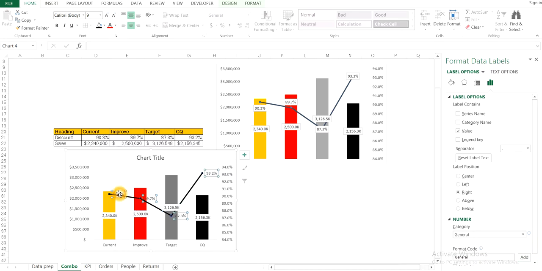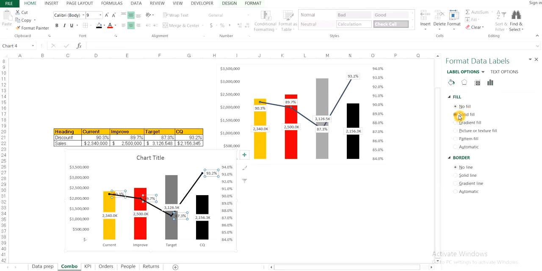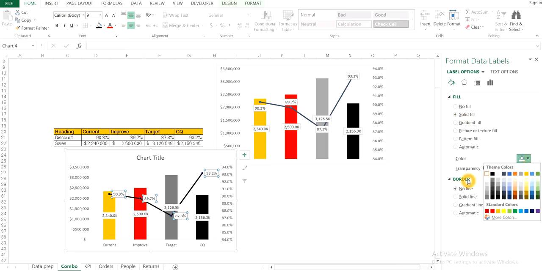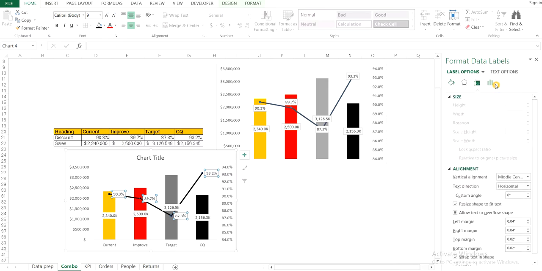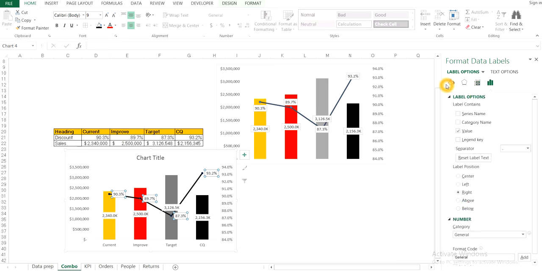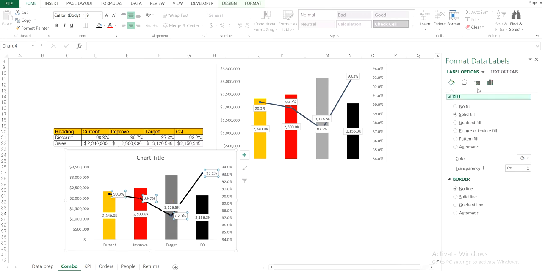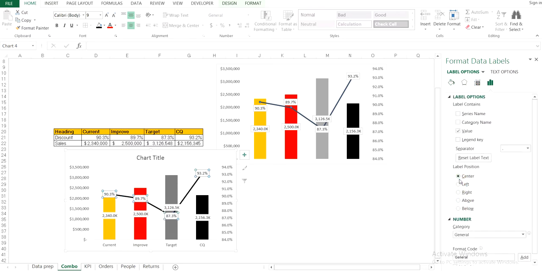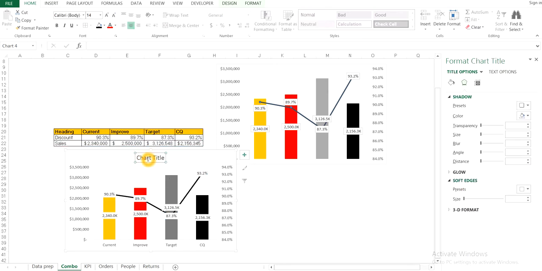Again, if I want to give a color for this, solid fill, again I'm choosing white color, and if I want to make it center, like this. Yes, delete this.